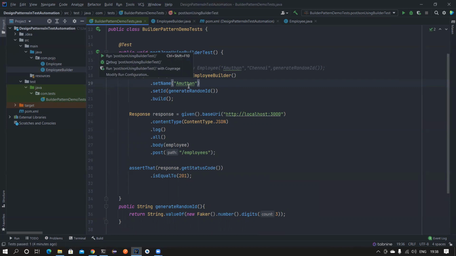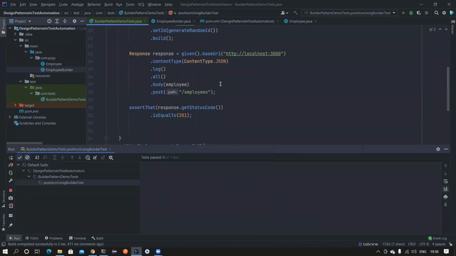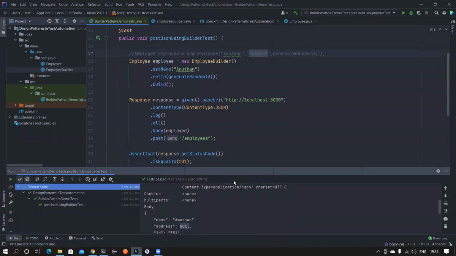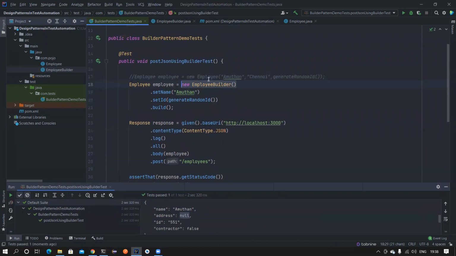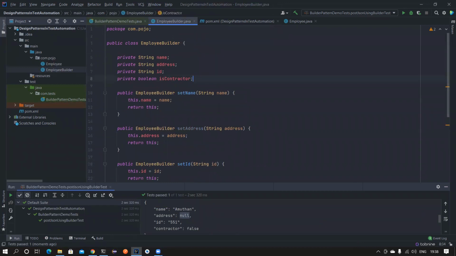So we have ignored two parameters. One is the Boolean and the other one is the address, right? Let's try to run it and see whether it is working. Yeah, if you notice, it is working absolutely fine, right? Good. So we have ignored them at runtime. The same way, you can also optimize this if you don't want to call a constructor. Rather than that, you can also try to use a static method here.